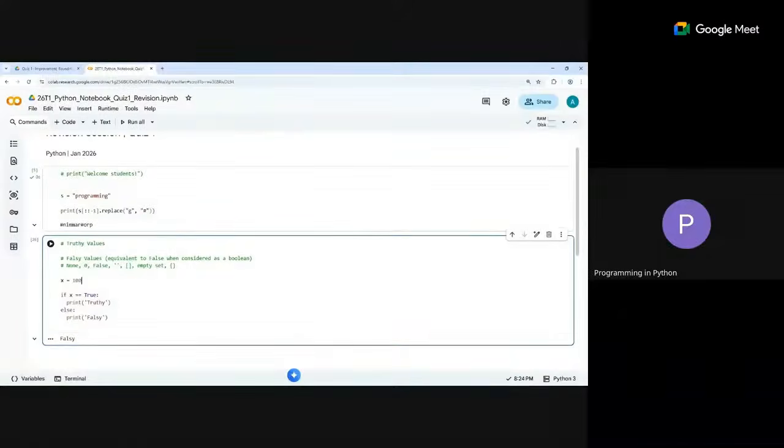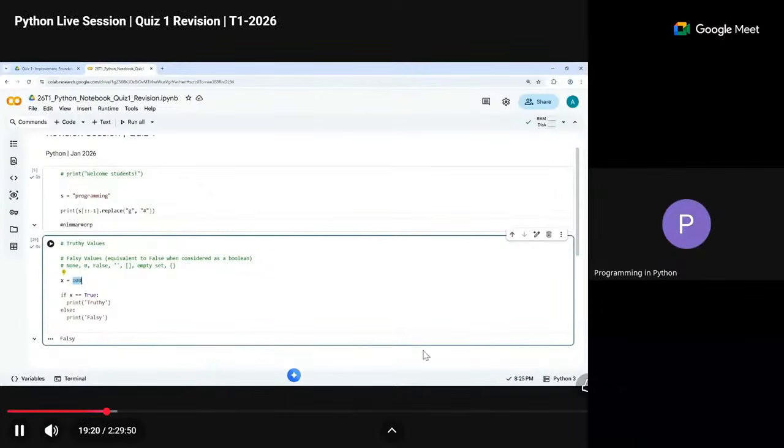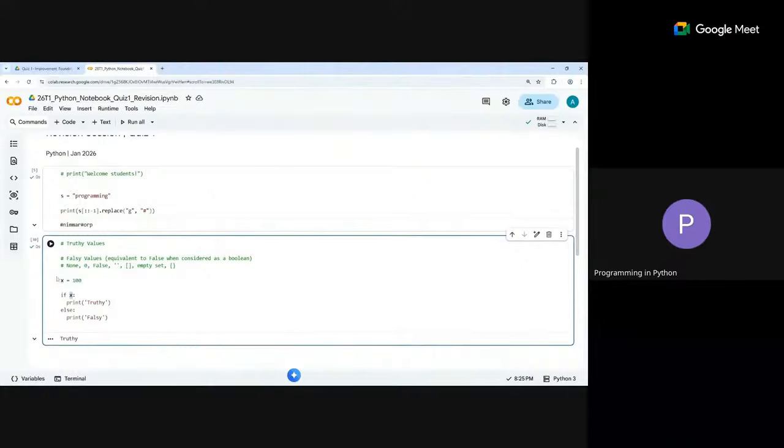Just a second. What if we equate it? Apparently there's a slight difference. It is not equating it to true, perhaps because it is not a boolean. But if you check it without saying equal to true, then that is true. So please consider it this way, when you're directly putting it without equating, because if you equate it, it'll try to convert it and maybe result in a wrong value. It's better to always put whatever value is there as a check. Or you could assume we are saying bool of x. Now it's easily understandable what is happening. If 1000 or whatever, even if it is negative, it's still the same. This part is done. Now we will move forward.